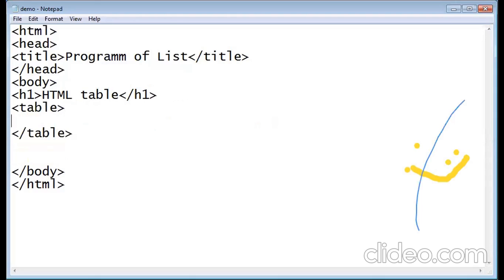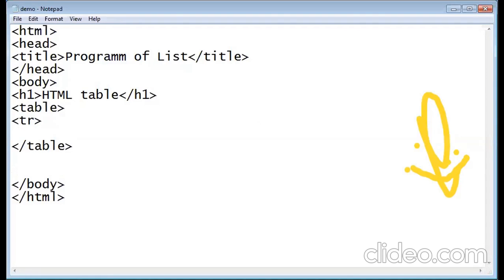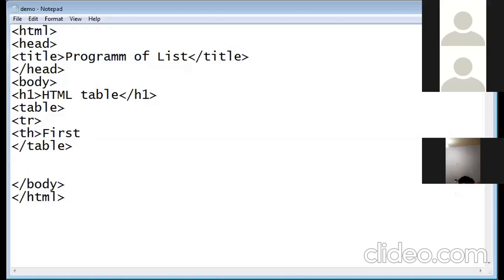Within that table tag, the table will be in the form of rows and columns. So we will add the first row. For adding the row, we will use the tr tag. For adding the heading, we will use table heading. The first table heading will be first name.